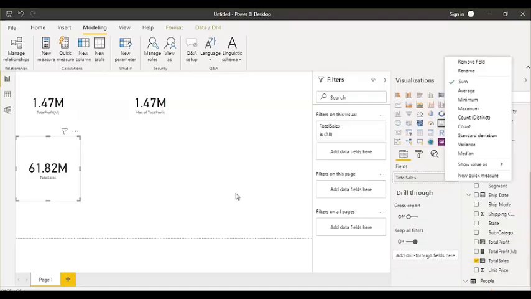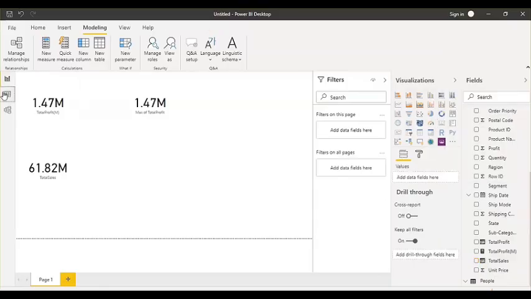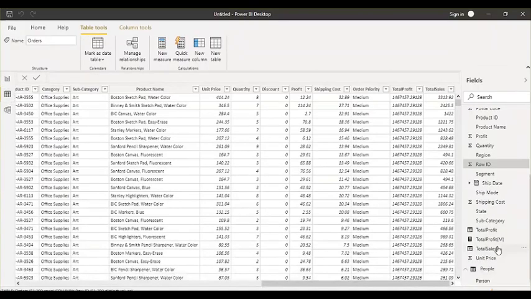Okay, and it is always recommended that you create measures even if it is a small value, like directly a sum of a specific column, or a complex calculation, right? Why? Because measures are not going to increase the size of your data model, and they don't have any negative performance impact on your data model or your refresh. So you are free to create as many measures as you want, but it doesn't mean you should unnecessarily start creating them. So first create the measure to show this total sales.